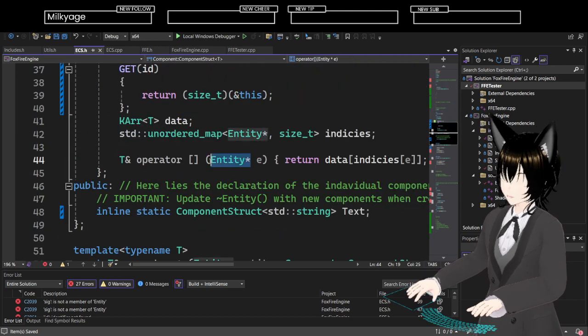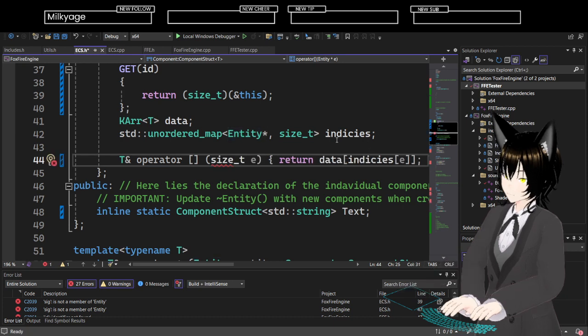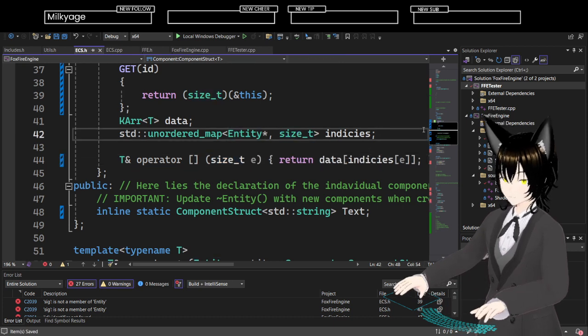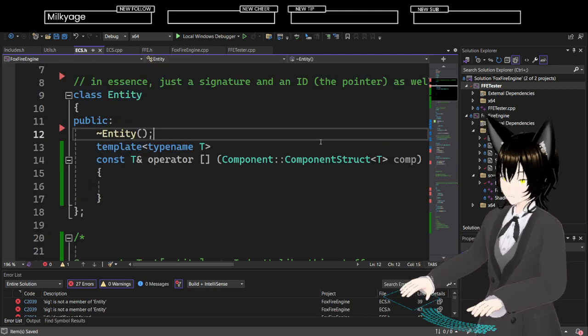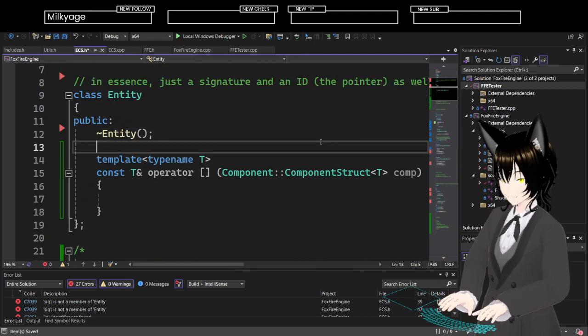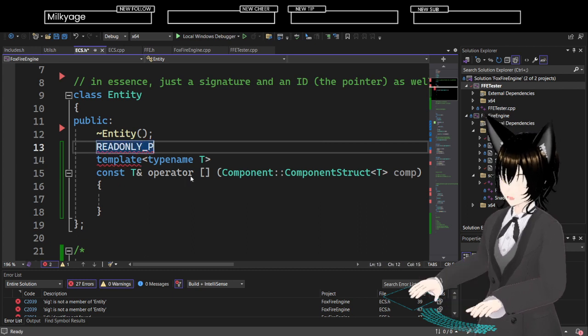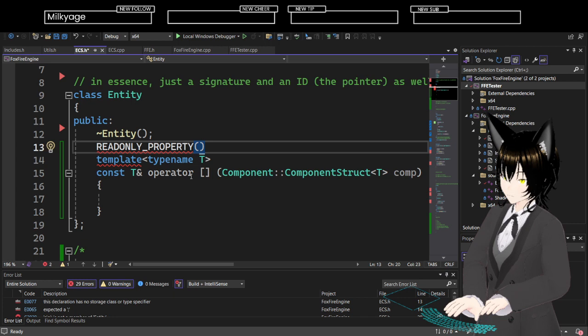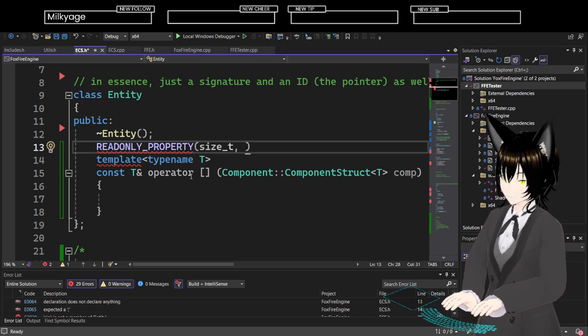Instead of a void pointer, this should be a size T, E. And in here, it'll just return, because I can do a read-only property, type size T, ID.